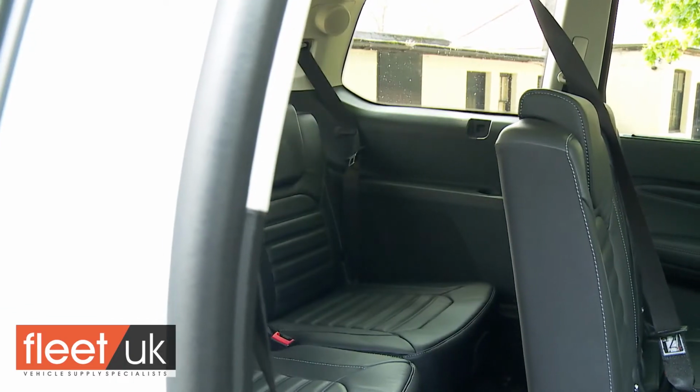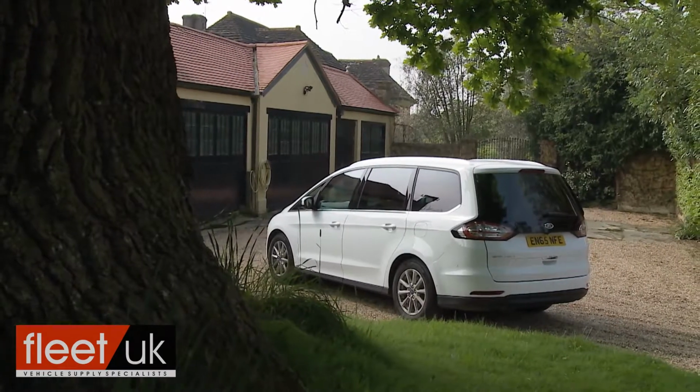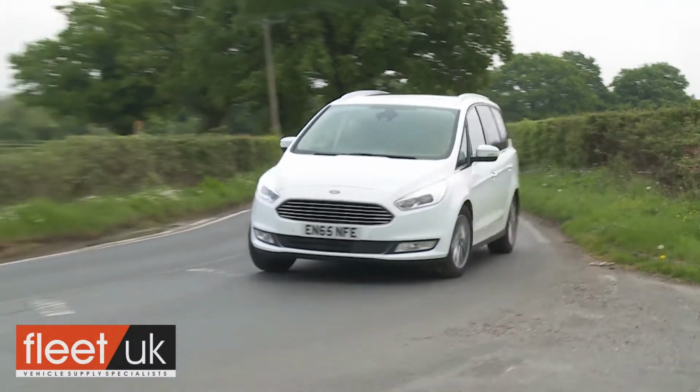One thing hasn't changed though. Unlike more compact 7-seat models, adults can sit comfortably in the third row. A Galaxy should, after all, prioritise space. It still does. This Mark IV Galaxy model adopts the more comfort-orientated platform used on the 4th generation Mondeo, so